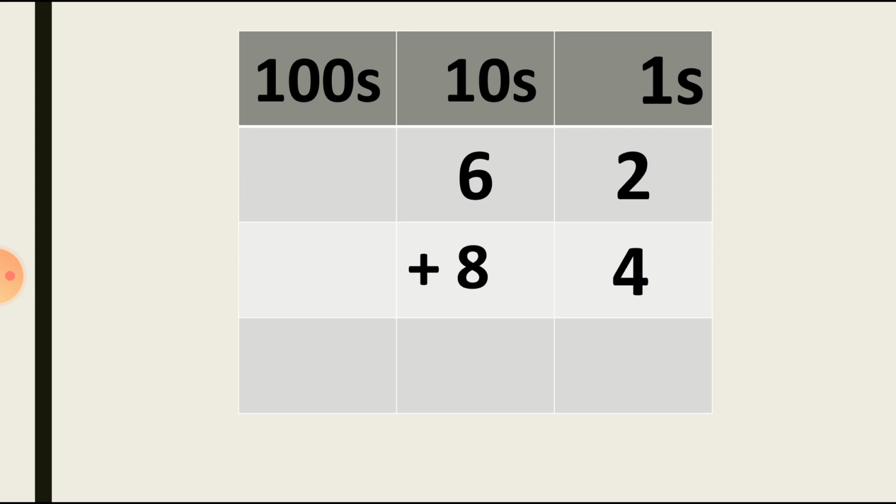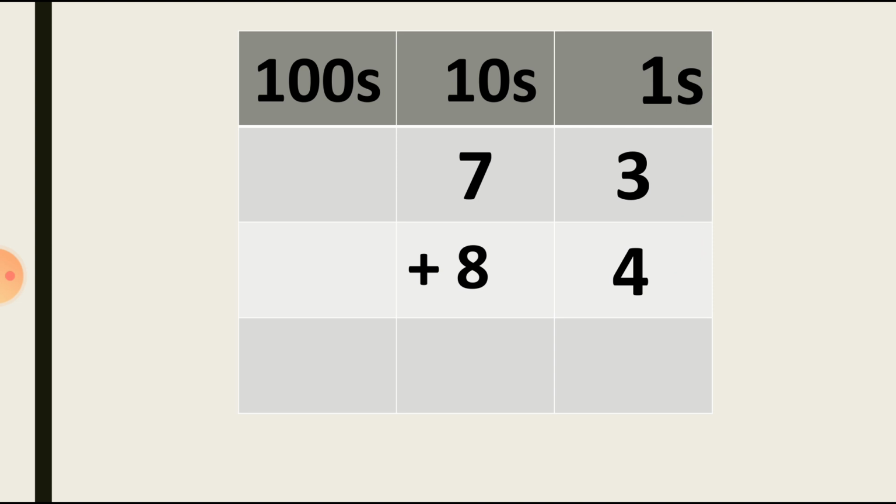Next sum. Here is 2 plus 4, which is at the ones column. 2 plus 4 is equal to 6. So this way you can write down the answer 6 under the ones column. Now let's move to the tens column. So here is 6 plus 8. So how many is it? 6 plus 8 is 14. So just write down the number 4 under the tens column, and the other one, which is at the tens place, will go as the carry forwarded number at the hundreds column. And you can write down this answer as 146. So hope you understood these sums and how to write them down.